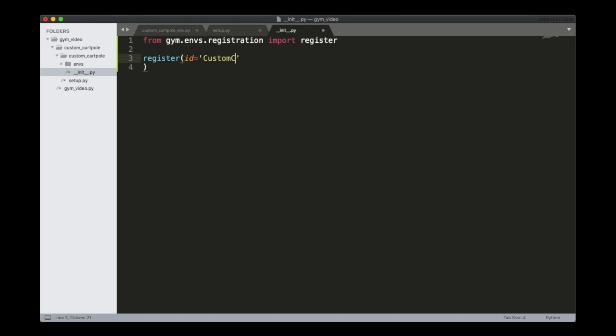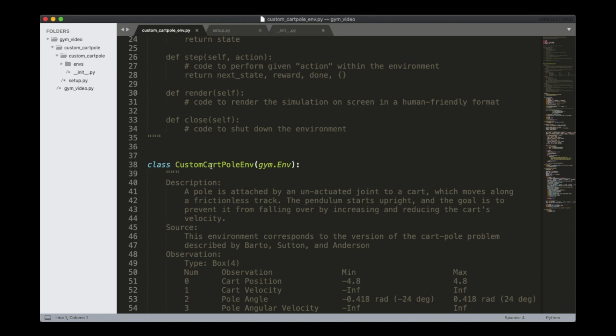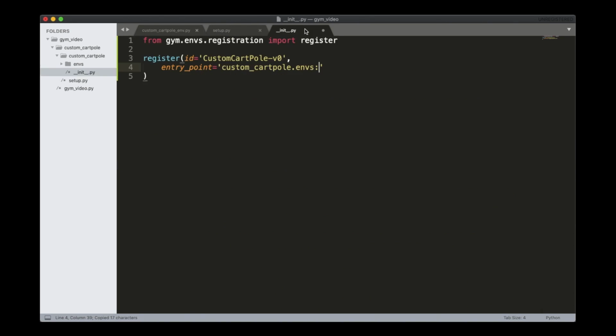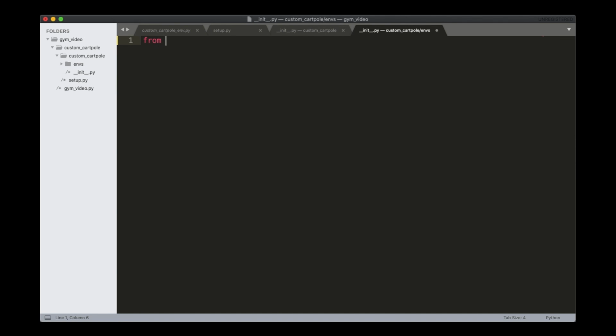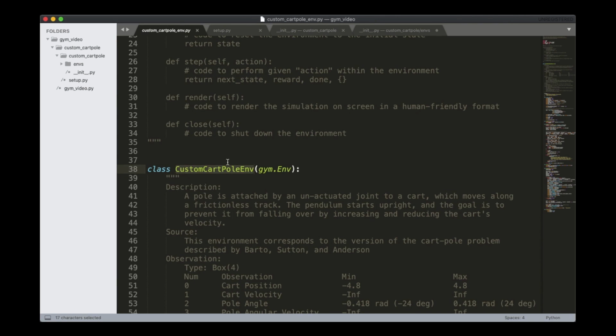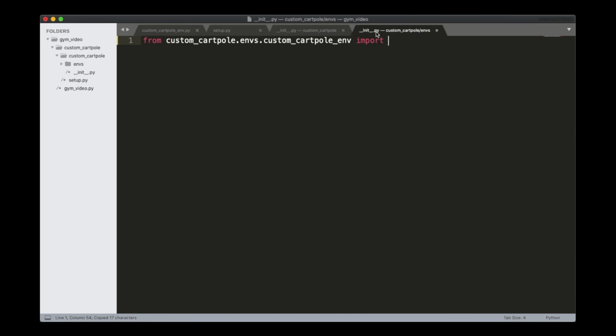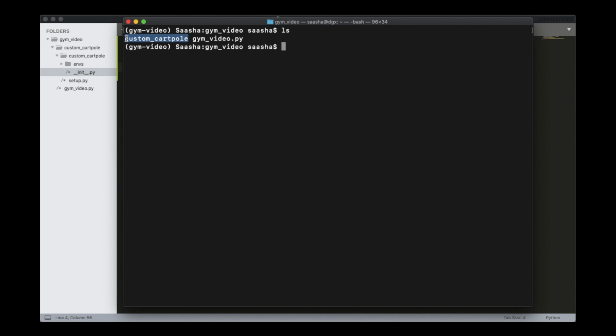ID specifies the string that would be passed to gym.make to create an instance of the custom environment, while the entry point argument points to the name of the wrapper class that inherits from gym.Env, which in our case is called CustomCartPoleEnv. In the second init file in the envs folder, point to the exact location of the CustomCartPoleEnv class using an import statement. With all that done, time to move into the command line.